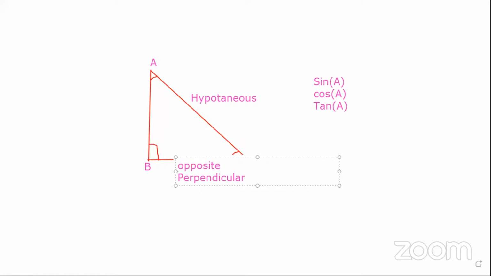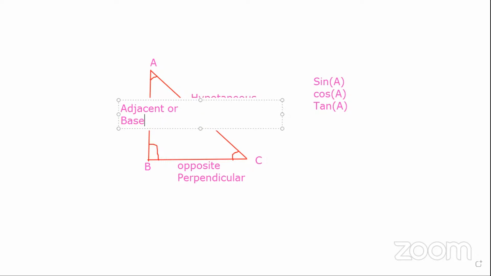Whatever side we have here, we can call it the adjacent, and we call this the base also. If I can touch a side from A, which side can I touch? The AB side I can touch from point A. That side is known as the adjacent side or the base side, and the one we can't touch is opposite to that angle, which we call the opposite or perpendicular. So how can we get the